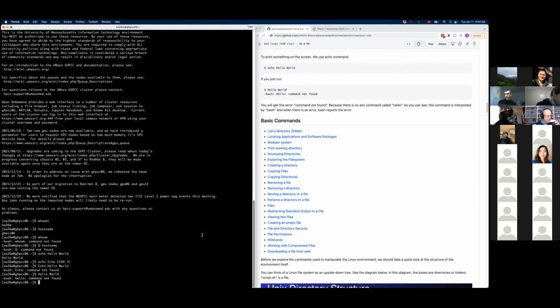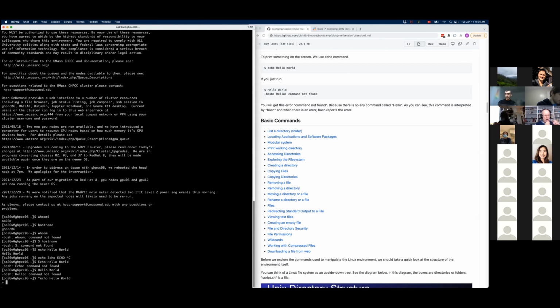And if at any time you are stuck without a prompt, for example, if by mistake you start your command with a single or double quote, then enter, it doesn't give me an output and it doesn't give me a prompt, right?